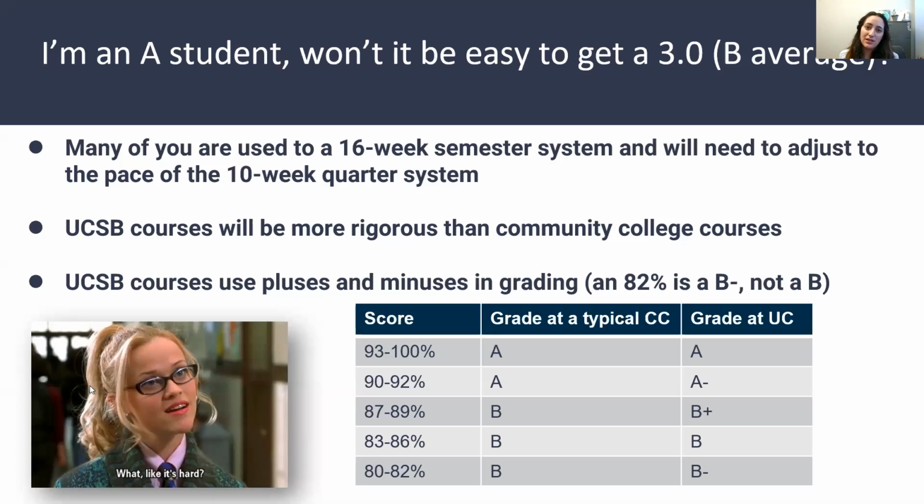Another thing to note is the UCSB courses use a plus and minus grading system, unlike a typical community college where all of the letter grades will just be the solid letter grade, no pluses or minuses. So for example, at UCSB, a grade of an 82% would be a B minus, whereas at a CC, that would still count as a B. So B minus is putting you below that 3.0 GPA threshold. So you'd need to balance it back out with a B plus with another pre-major class to average 3.0. So we really mean it when we say we want you to succeed. And the best way to do that is to, 1, listen to our advice, but 2, prepare yourself for a higher level of academic rigor than you're used to and employ new steady habits.